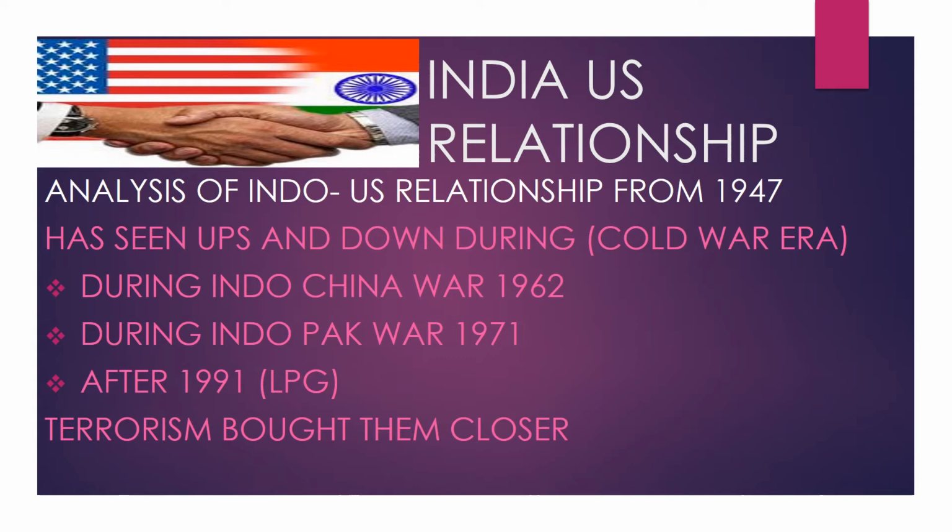Again, here the Cold War came into play: because China was a close ally of Russia, the USA thought to help India. But during the 1971 war between India and Pakistan, rather than helping India, the USA favored Pakistan. It is because India had signed the friendship treaty with the USSR. This close alliance with the USSR made the USA help Pakistan with arms and ammunition. So you can see here how the Cold War determined the India and US relationship.